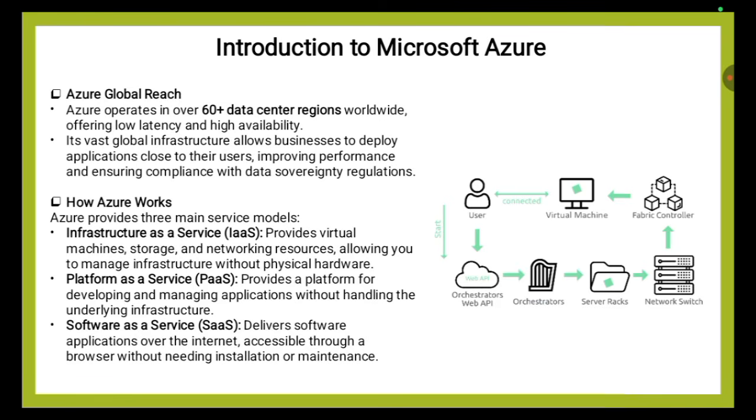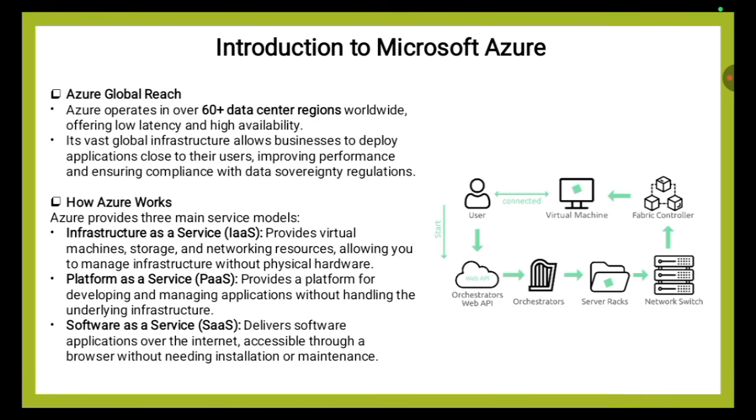So here in this part, we will continue the discussion about Introduction to Microsoft Azure. Let us take a look at the details that have been mentioned over here, and then we will discuss it. Azure Global Reach. Azure operates in over 60 plus data center regions worldwide, offering low latency and high availability. Its vast global infrastructure allows businesses to deploy applications close to their users, improving performance and ensuring compliance with data